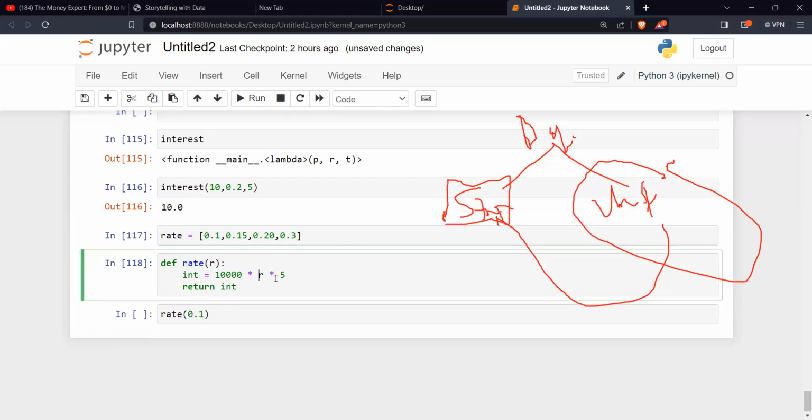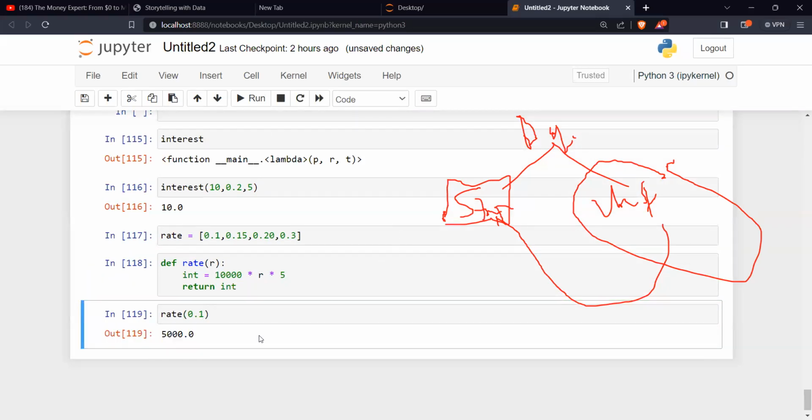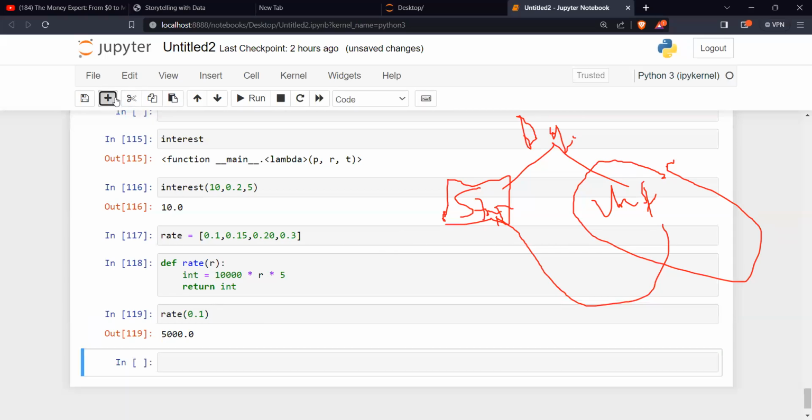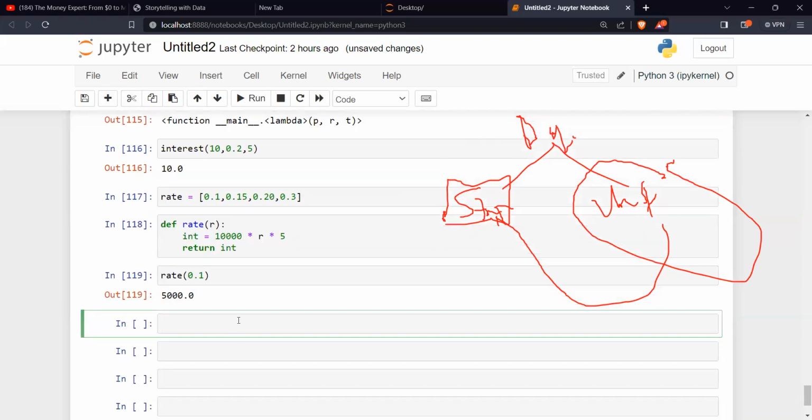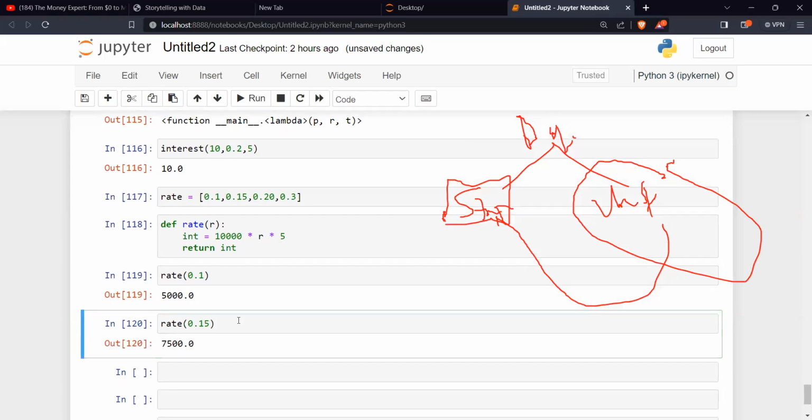When here is 0.1, what will I have? It will be about 5,000. When my rate is 0.15, what will be my interest? 7,500. You understand what we are doing here now.